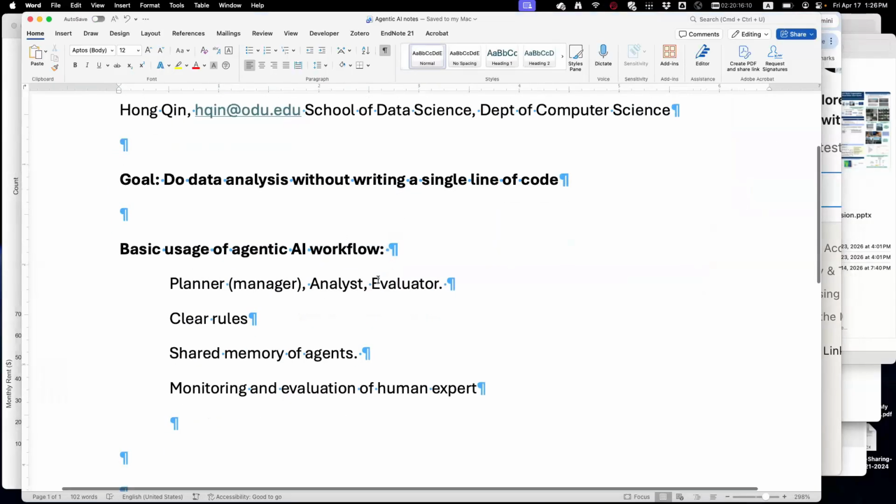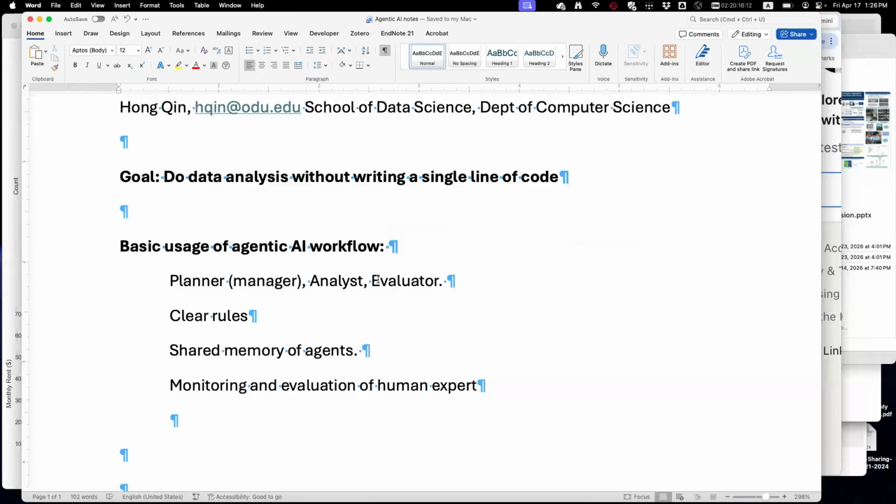With agentic coding, I just realized many of you probably have management experience, right? Think about when you manage a small group. You have to have a plan. You need someone to actually do the work, and then you need people to watch over that person to make sure he's doing the right thing.